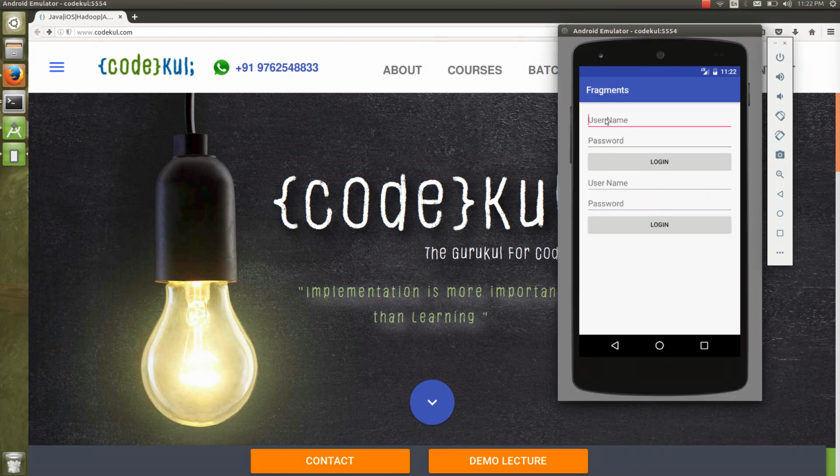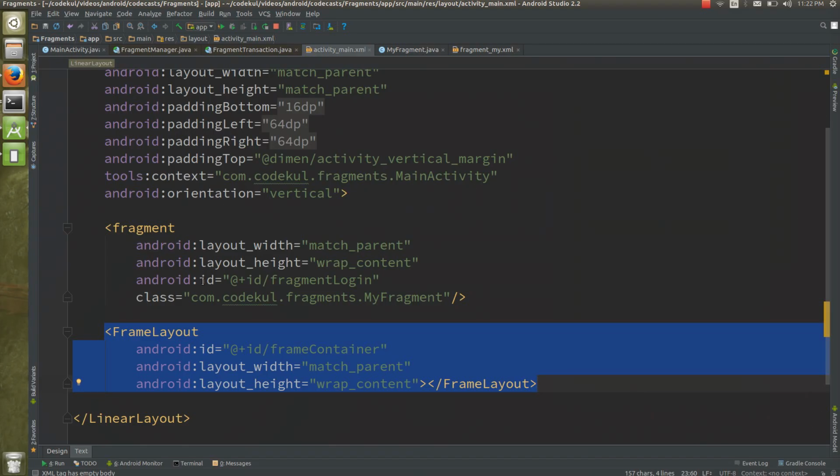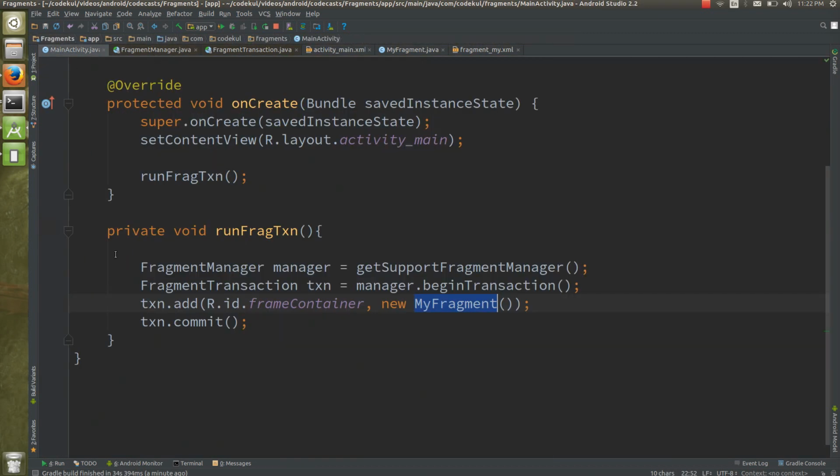This first one is nothing but your fragment tag, this much, and this much is nothing but your frame layout.